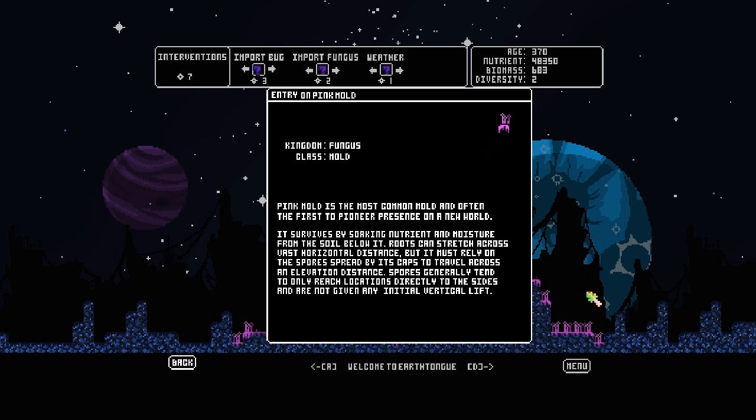Pink Mold is the most common mold, and often the first to pioneer presence on a new world. It survives by soaking nutrient and moisture from the soil below it. Roots can stretch across vast horizontal distance, but it must rely on the spores spread by its caps to travel